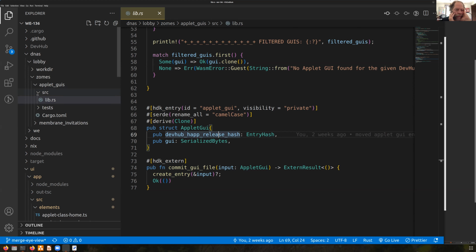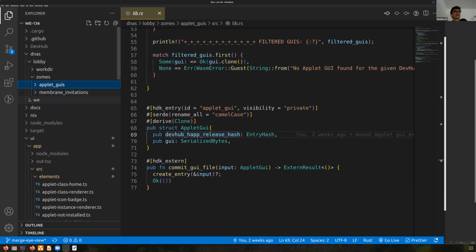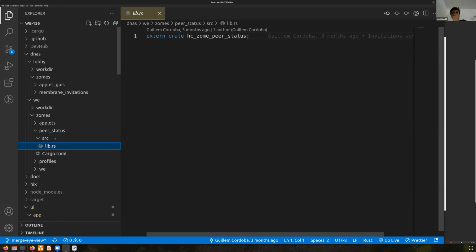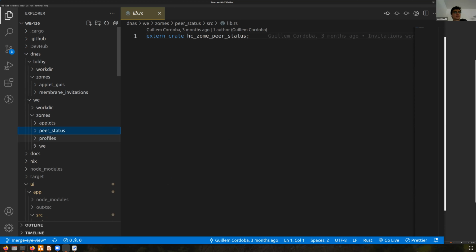And then there is the we DNA, which has applets, peer status, and profiles. Peer status and profiles are also external crates from Holochain OpenDev. And the applet zome,